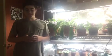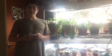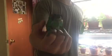Okay, so now we're in the plant room, and this is also Julian's free range area. Julian is, of course, my Ambilobe Panther Chameleon. Yeah, and today's feeding day, so he's pretty preoccupied, and I kind of had to pull him away from the